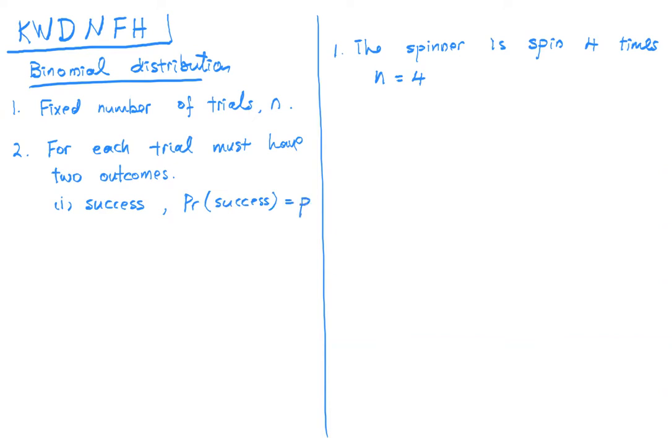And another outcome, we call it the failure. And the probability of failure, because there are only 2 outcomes, will be the probability of the whole thing to happen, which is 1 minus the probability of success. Okay. So in our case here,